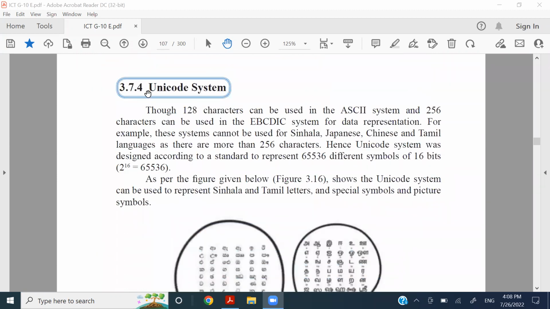The final one, the Unicode system. And there you have to write 16-bit representation. Right, so 16-bit representation. And under that,